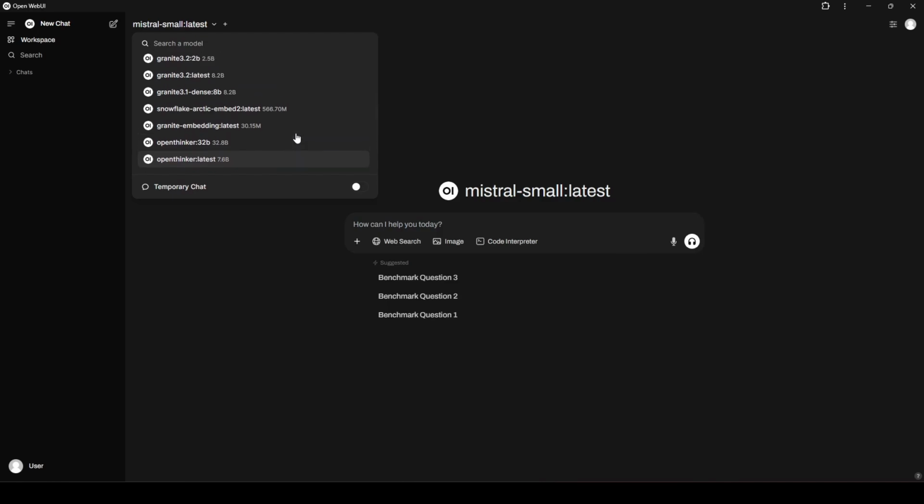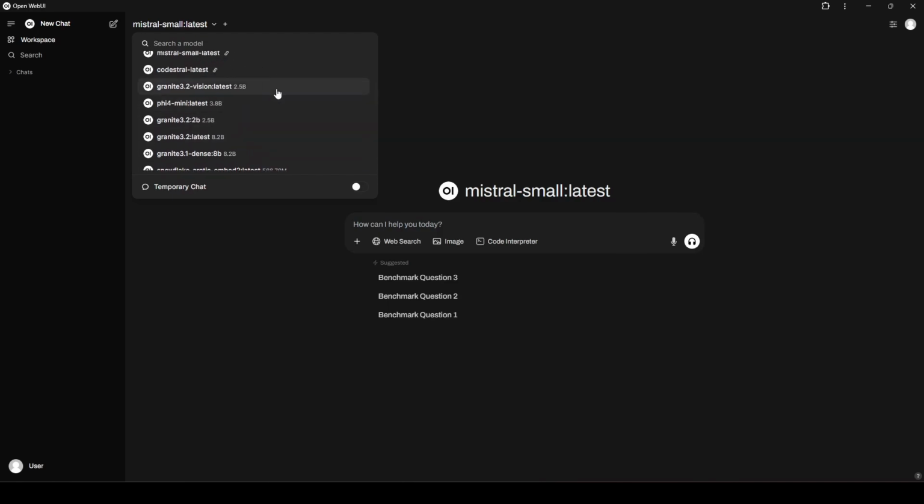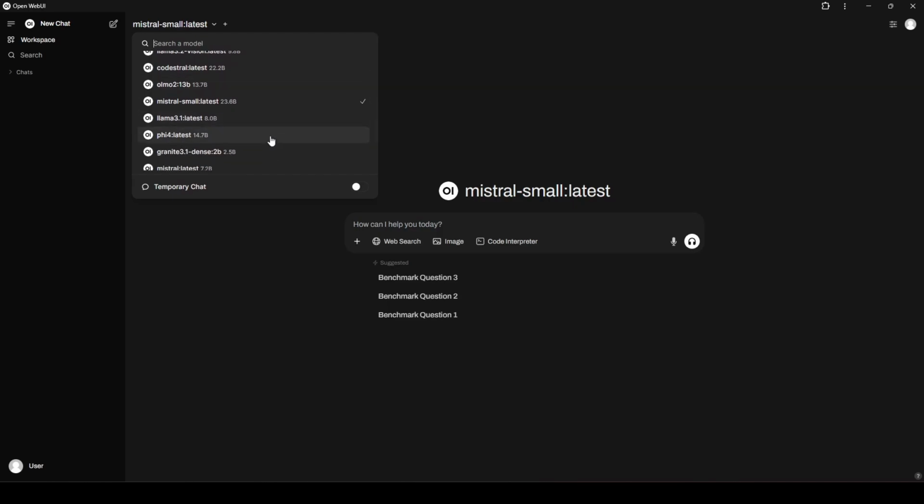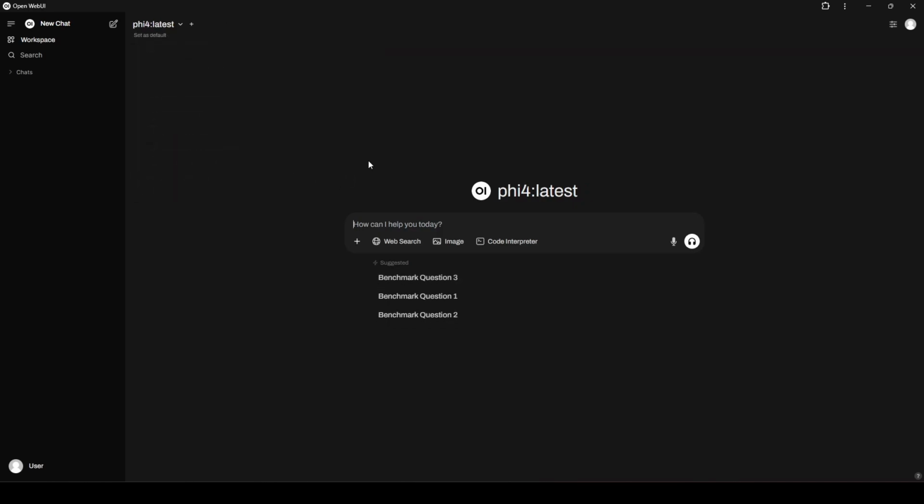And for a vision model, the one that I really like right now is Granite 3.2 Vision. It's pretty small. It works great on my machine with 8 gigabytes of VRAM. So I really like that model. Another example would be emails. I am well known for not being the best at writing emails. As an example, let me think of a good way to word this. Let me put something in like Noah language.